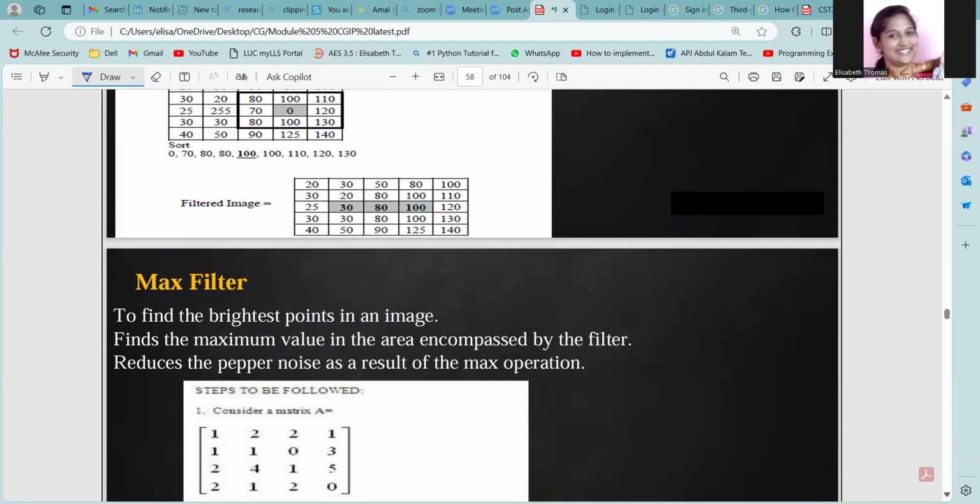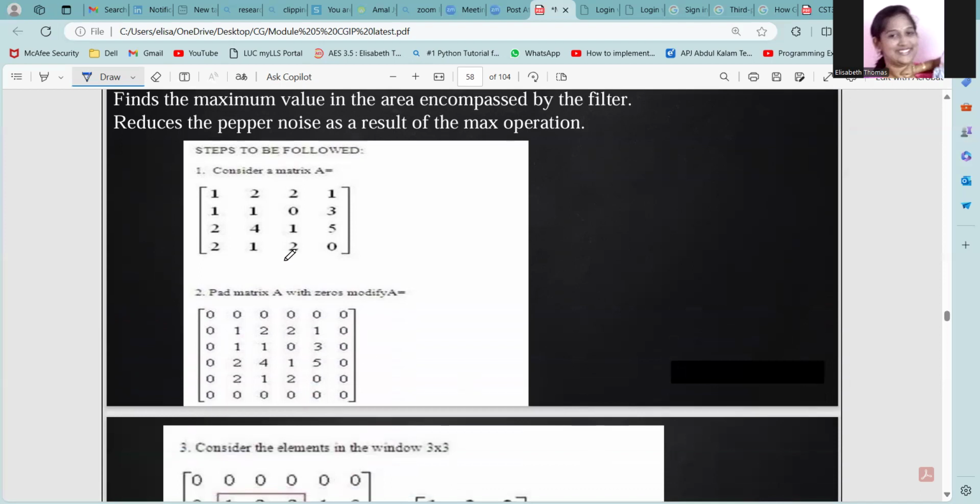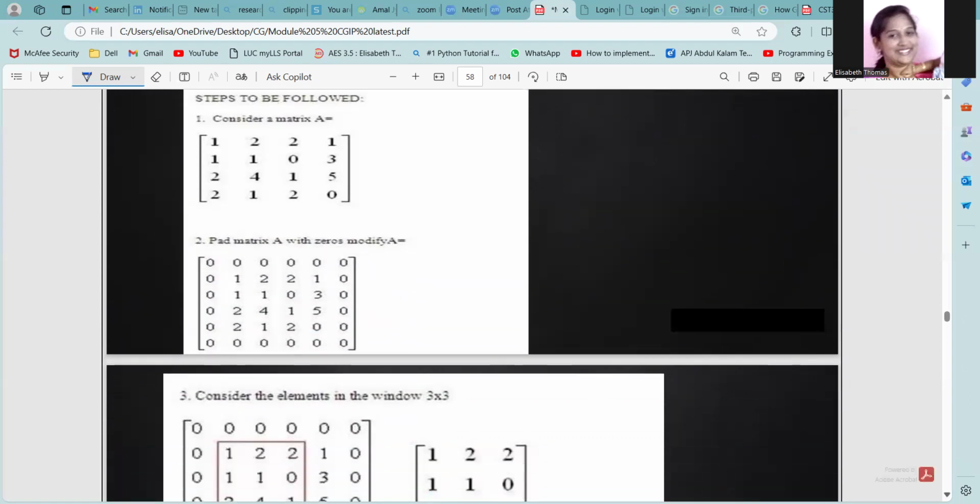Next is max filter. Max filter is used to find the brightest points in an image, that is, to find the maximum value in the area composed by the filter. It reduces the pepper noise as a result of max operation. We know the color of the pepper is black, so it will be reduced as a result of max operation. Max operation finds the brightest points in an image. We have given the matrix like this, that this is the image. Certain zeros are padded. And we have given a 3x3